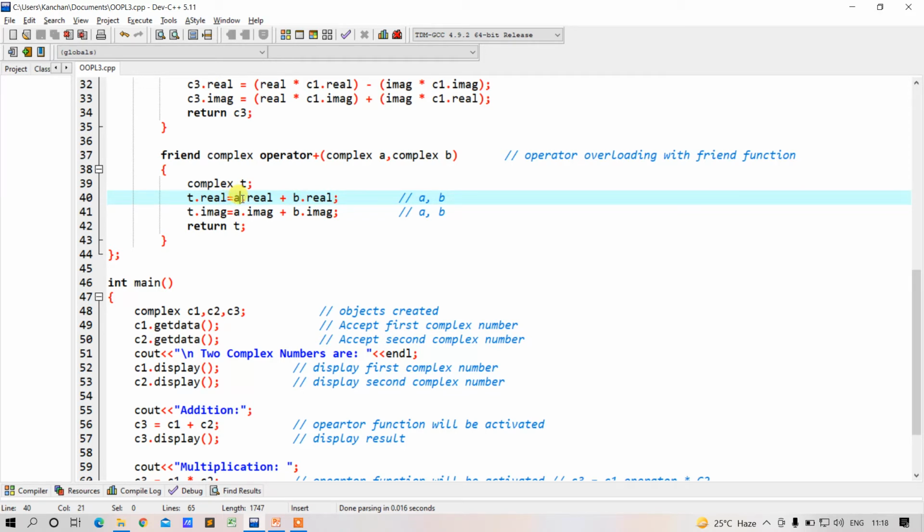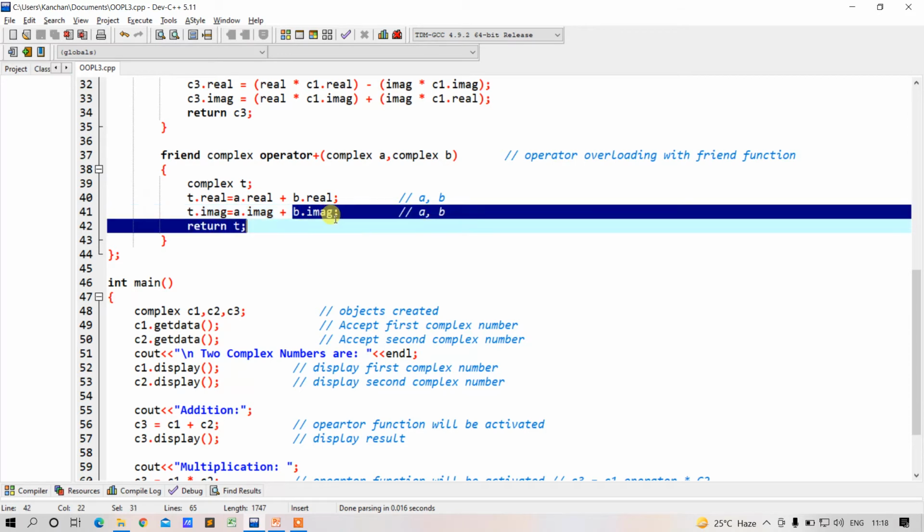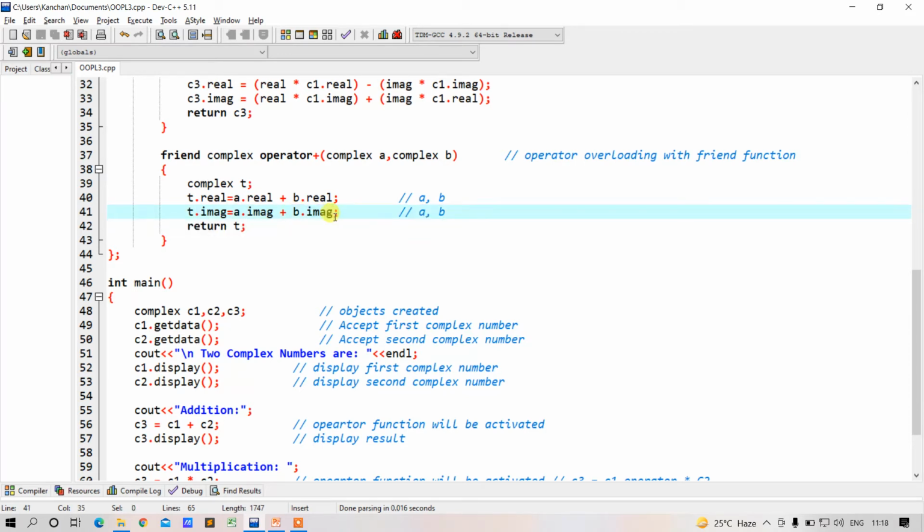A is my object, and dot real is the real part of that complex number, and B is the object and real part of that second complex number. In the same way, we are going to perform the addition on the imaginary part of the two complex numbers. A dot imag will be the imaginary part of the first complex number, whereas B dot imag will be the imaginary part of the second complex number.